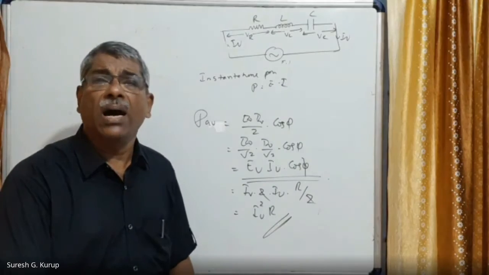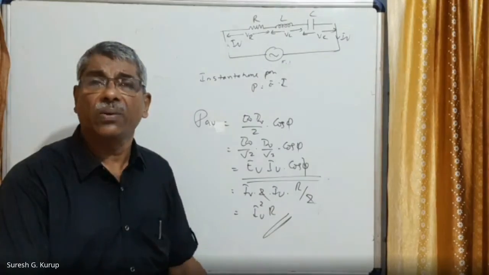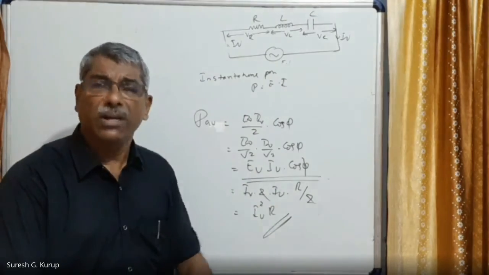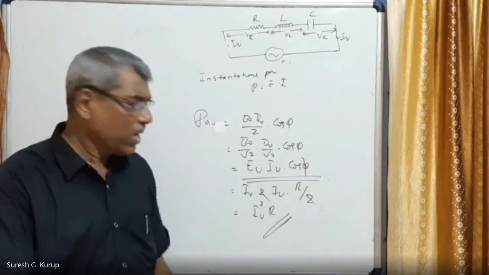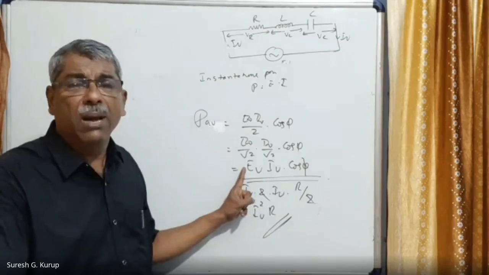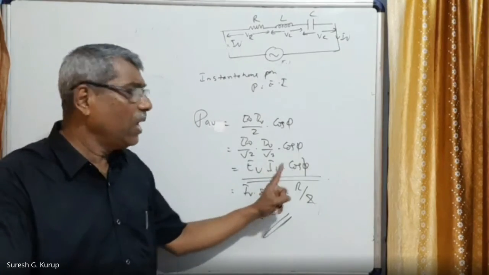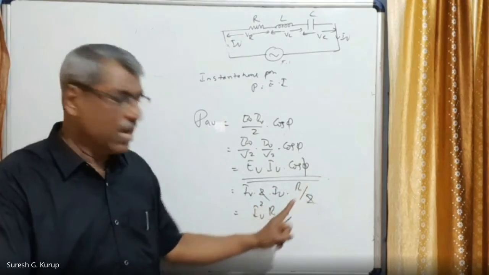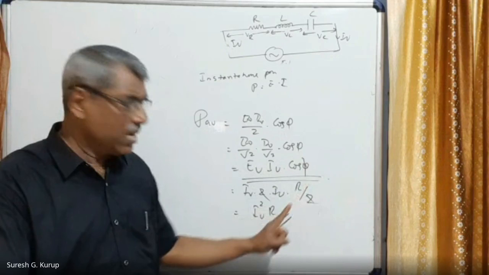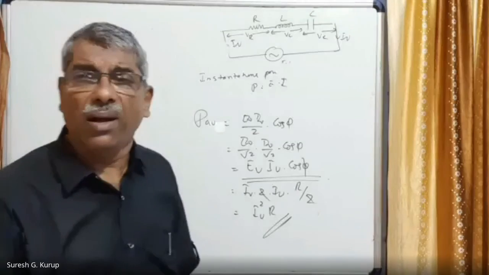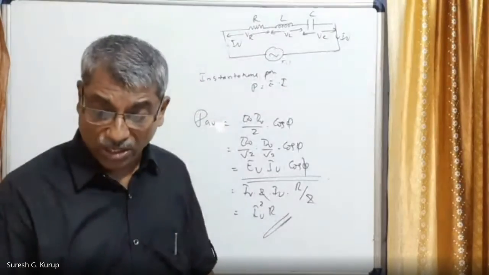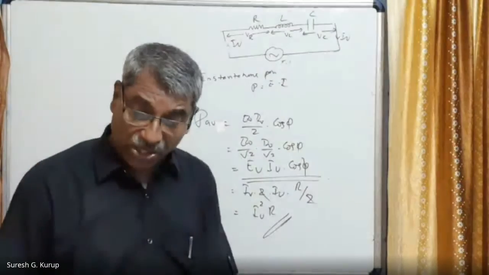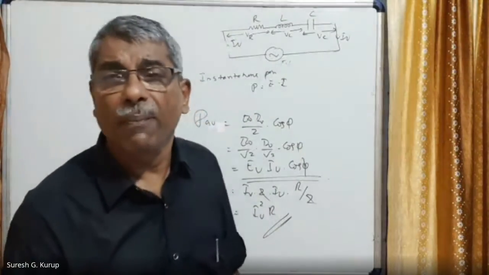Once I have explained that, that is the only derivation you have to follow every time. I explained it in the RL series circuit, where it is derived very well. So that will follow for other series circuits also. We obtain power average equal to EV IV cos phi, which is finally equal to IV square R. There is nothing to wonder because in a series circuit, the power consumption takes place only across the resistance. So this is about the LCR series circuit.